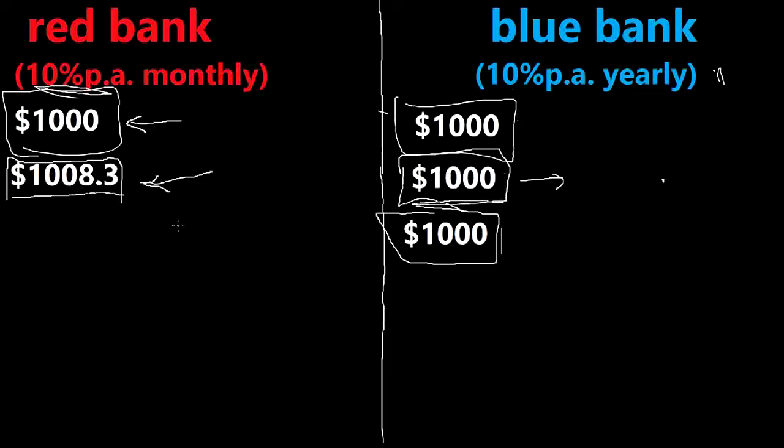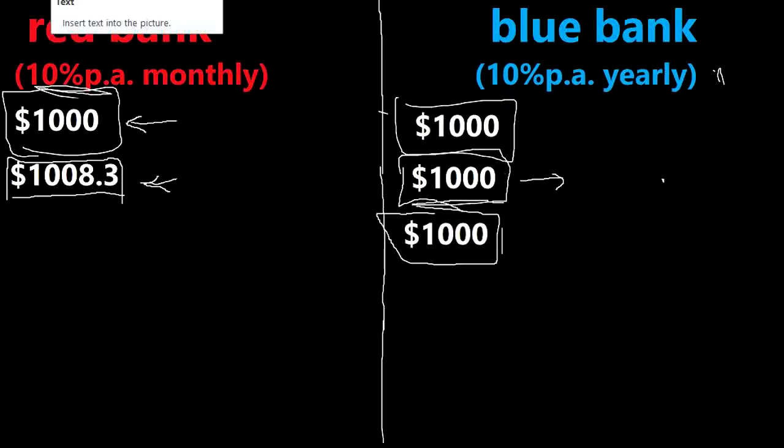Now with the red bank, we are again going to have to use our interest formula of PRN, and we already know that this N is going to be 1 because we're paying it for another 1 month, and this rate is going to be in decimal form the same as before, so 0.0083. And this principal now has changed because instead of $1,000 like it was at month 0, it's now